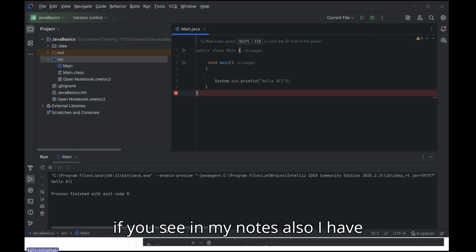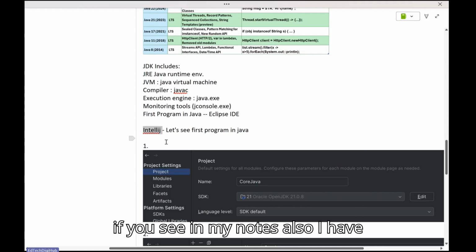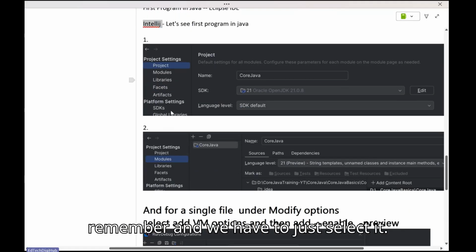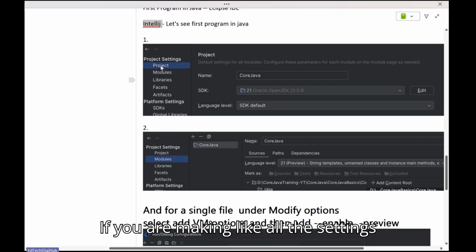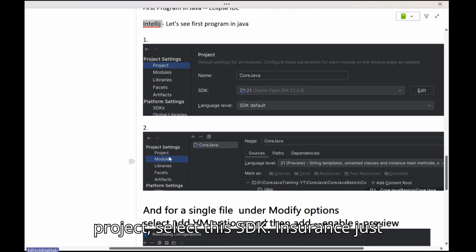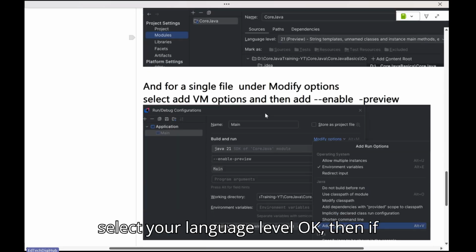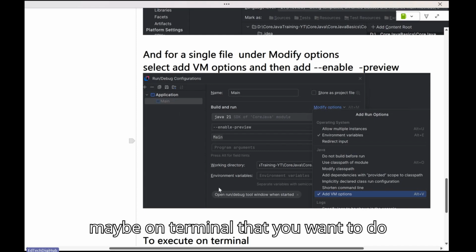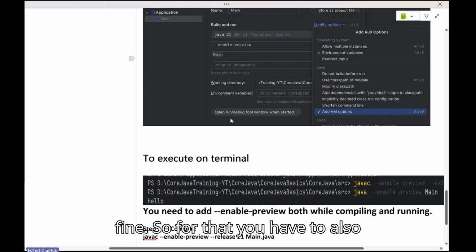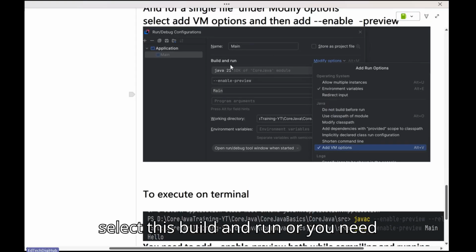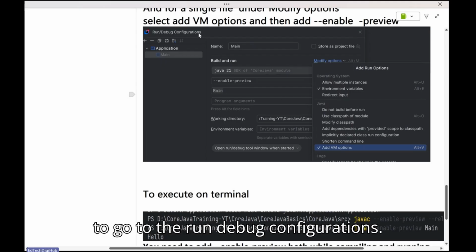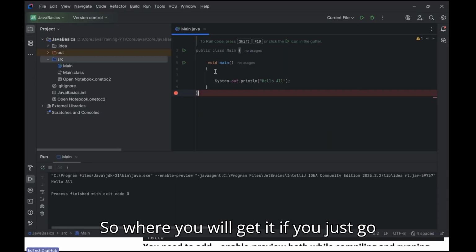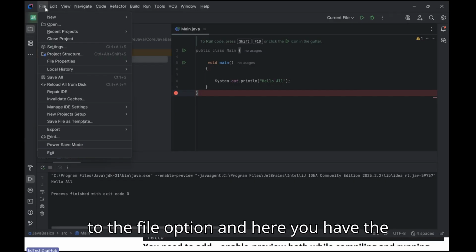successfully. If you see in my notes also, I have mentioned what we have to remember and just select it. If you are making the settings for the entire project, select the project, select this SDK, and just revalidate it. Go to the module section and select your language level. Then if you also want to execute it on the terminal, you have to select build and run, or go to the run debug configurations. Where you will get it: go to the file option, and here you have